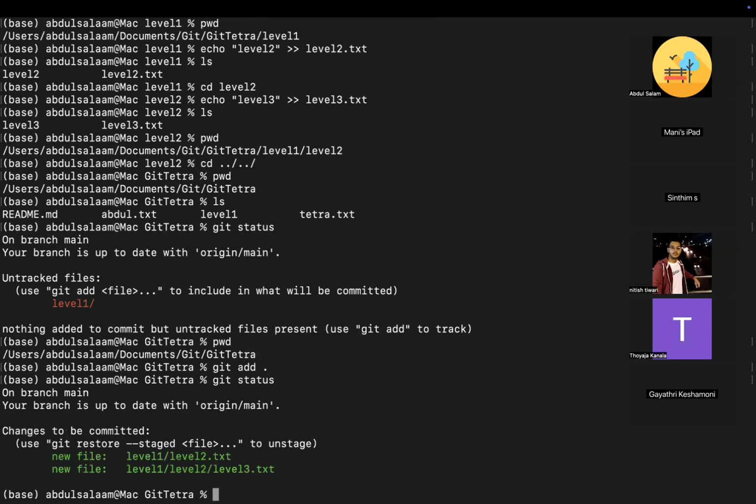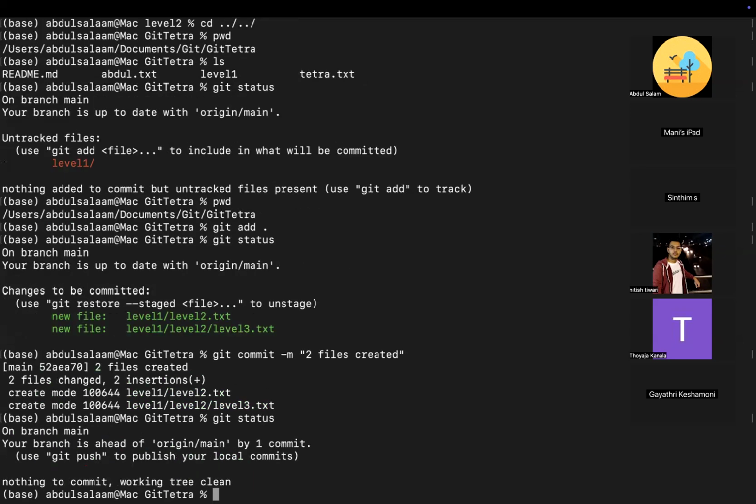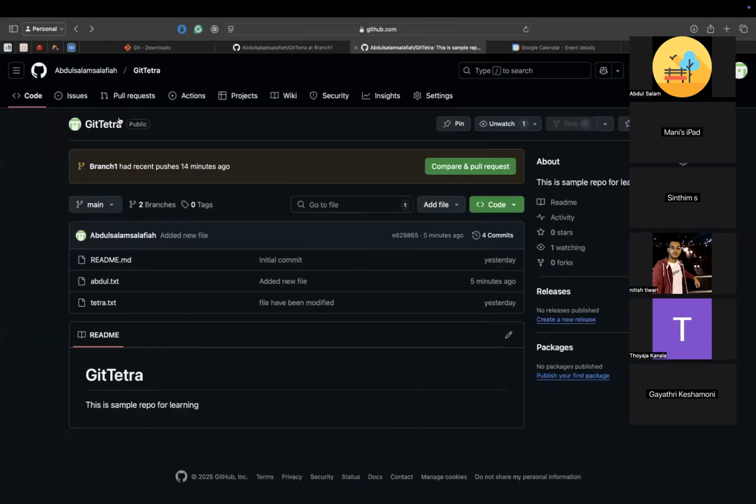Now run git status. See, two files need to be committed. Git commit, two files created, just a message. Git status. It is simply saying you are one commit ahead of the origin. I'm so lazy that I'm just clicking the upward key. So if you come back, you see here,